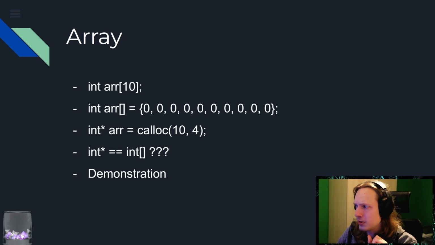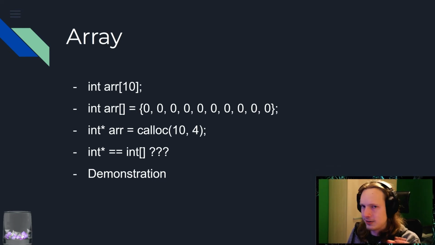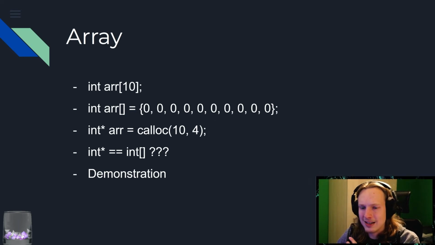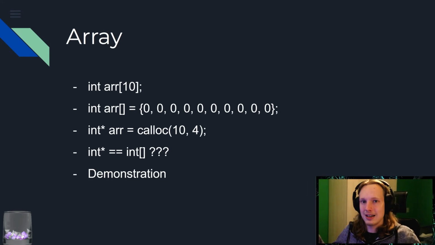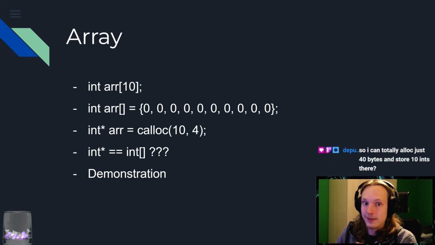Now, it doesn't really know about what you're going to store in there. It doesn't really know about integers, so you have to specify exactly what size your type is. And it can't really initialize anything to some crazy value, but it will initialize everything to 0. It will just take all of the bits that you just allocated and put them all to 0. That's it. In some other languages, you might be able to create an array and just say, set everything to 5 or something. You can't really do that here.